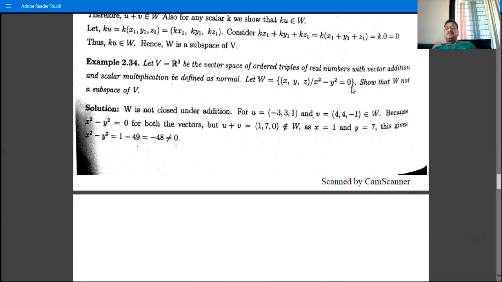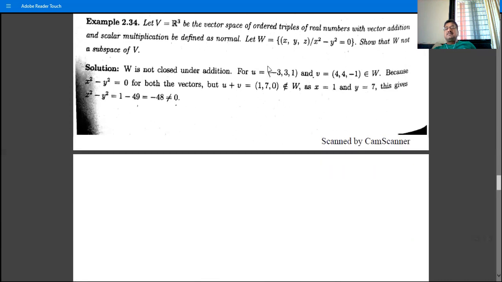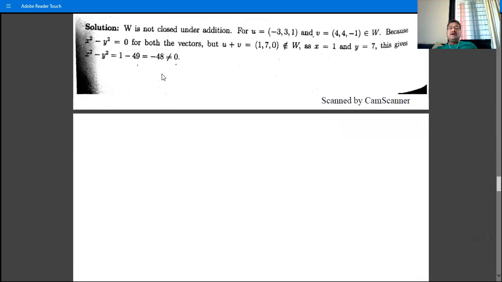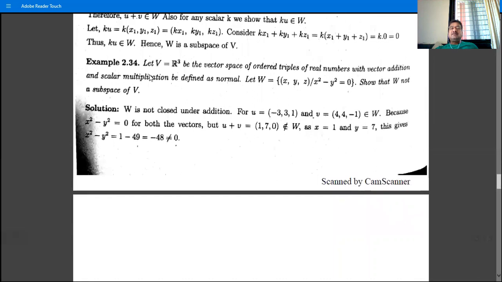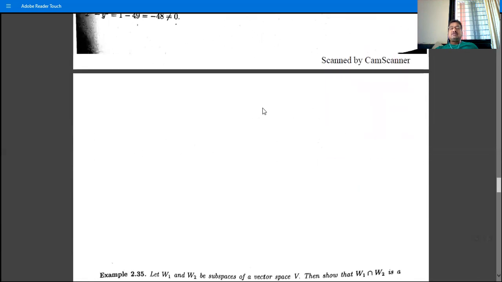X square is equal to y square. So these are the two elements, (3, -3, 1) and (4, 4, -1). These are elements of W because minus 3 square is 9 and plus 3 square is 9, 9 minus 9 is 0, and 4 square is 16, minus 4 square is 16, is 0. So these are two elements of W, but their addition does not belong to W, because their addition is (1, 7, 0), and this is not an element of W because 1 square minus 7 square is not equal to 0. It is equal to minus 48. And so W is not closed for addition in this example 2.34, and therefore W is not a subspace of